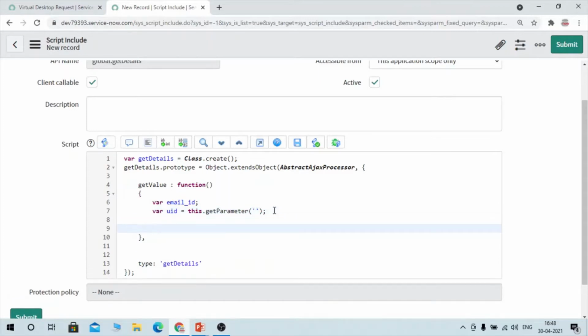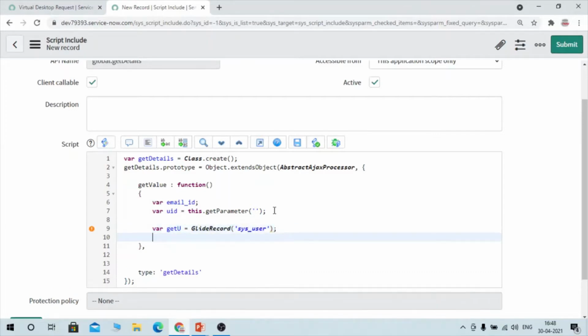So now you know that we need to glide our sys user table and fetch the information. So let's do it. So I'm gliding the sys user table here. Okay.